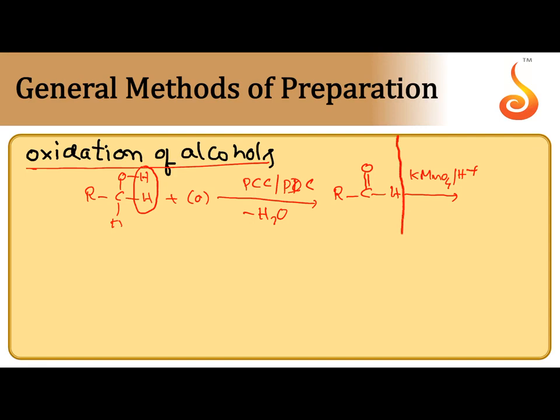If PCC or PDC is used, the reaction stops with the formation of aldehyde only. But if a strong oxidizing agent like acidified potassium permanganate or acidified potassium dichromate is used, what happens? Further oxidation takes place since aldehyde is weak, meaning unstable. So the final product obtained is a carboxylic acid. So when we want to prepare aldehydes from primary alcohols, definitely the mild oxidizing agent PCC or PDC must be used. If it is a 2-degree alcohol,